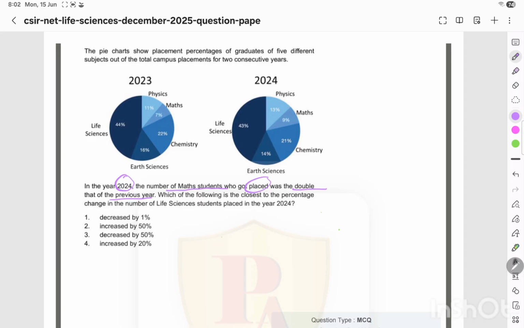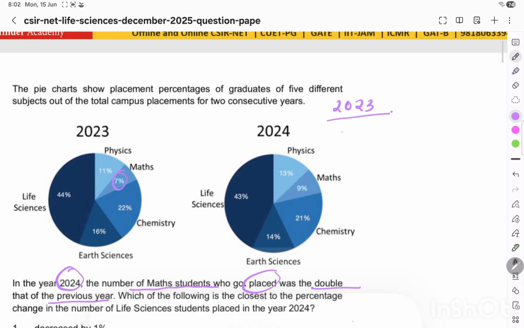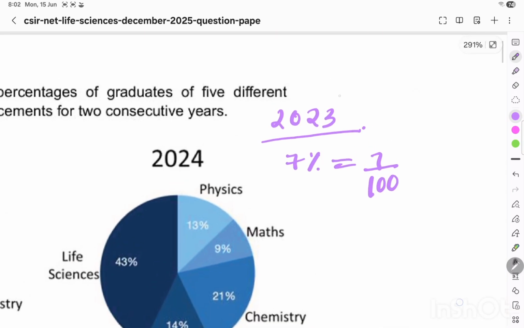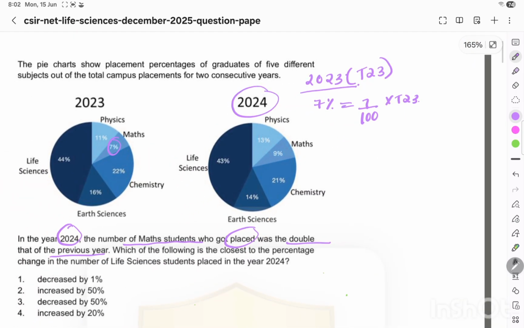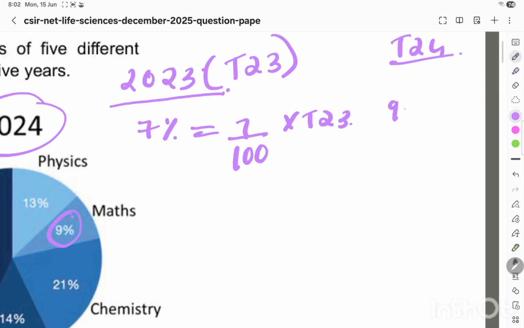who got placed was double that of the previous year. Okay, so in 2023 max student was 7%. So 7% is equal to 7 by 100 of, I'm taking the total placed students of 2023 as T23. So 7 by 100 of T23. Okay, in 2024 I would take the total as T24. So the max student placed was 9%, so 9 by 100